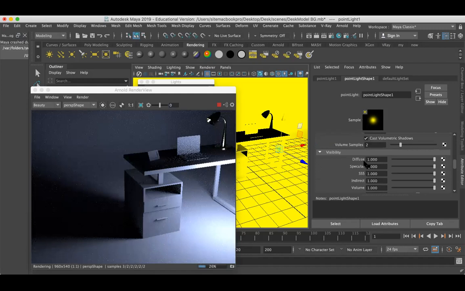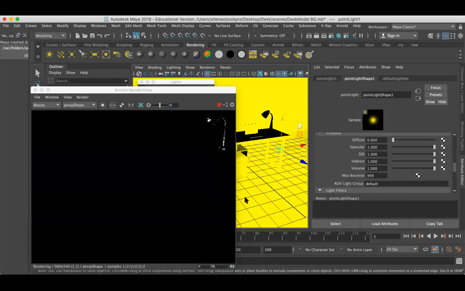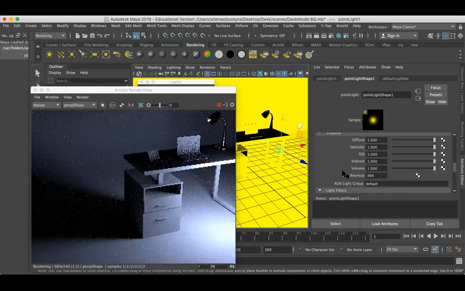Now these are all similar to the lights we worked with. The directional light, if I reduce the diffuse, there won't be any colors, just the visibility of the diffuse. All those things are similar.